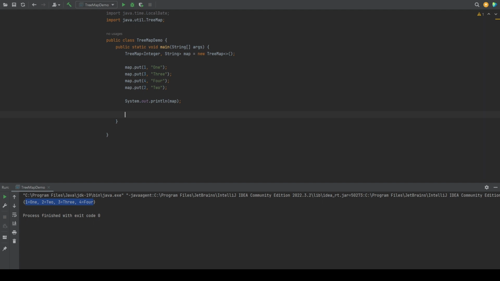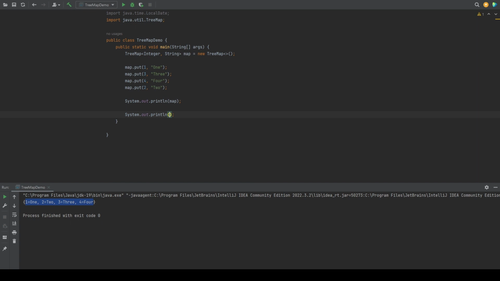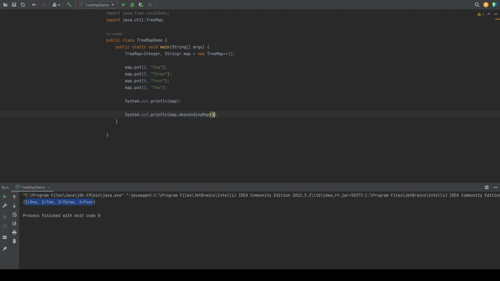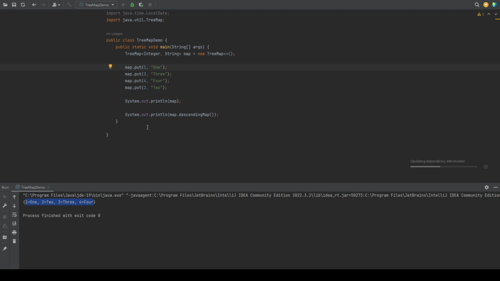That is fine. Now let's say we want to reverse the order. How do we do that? Well, it's simple with TreeMap. TreeMap has a method, descendingMap, which returns a navigable map. That means it returns a map in the descending order. So first we get the entries in the descending order, and because it is a map, we can perform the map operations on that as well. For now, we can simply print the descending order map. To do that, we simply say, get me the descending map. All right. So if we run this code again,